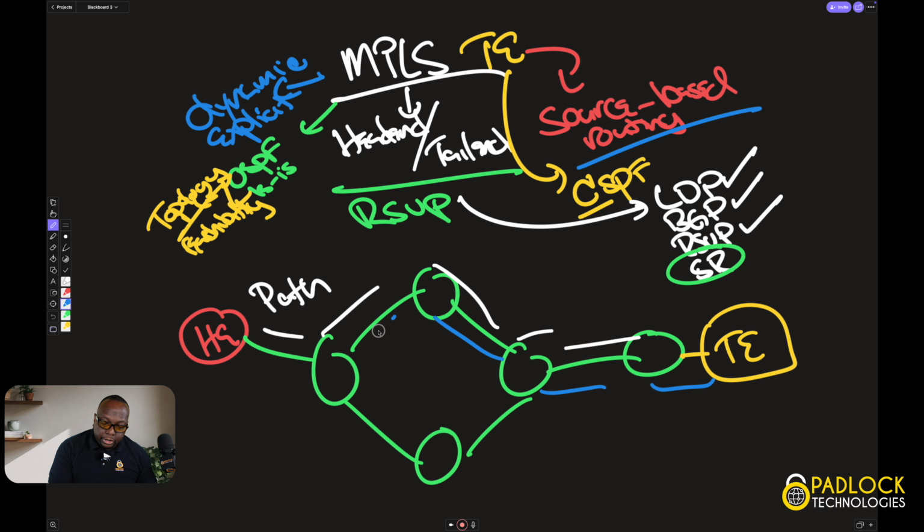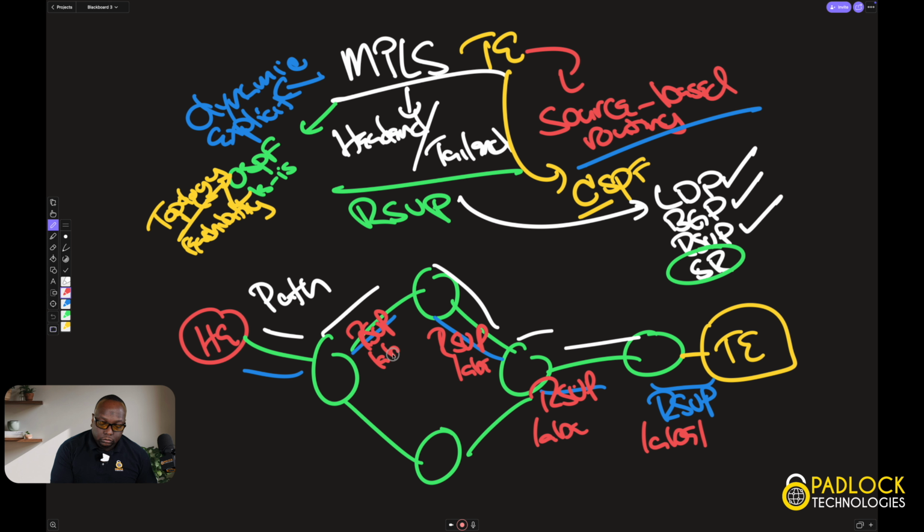So let's just say this is the path. So this will be the reserve message. Now, when the reserve message goes back, it also sends a label across all the paths. So this is RSVP, reserve, label, same thing. All right. And now that we've got the label,